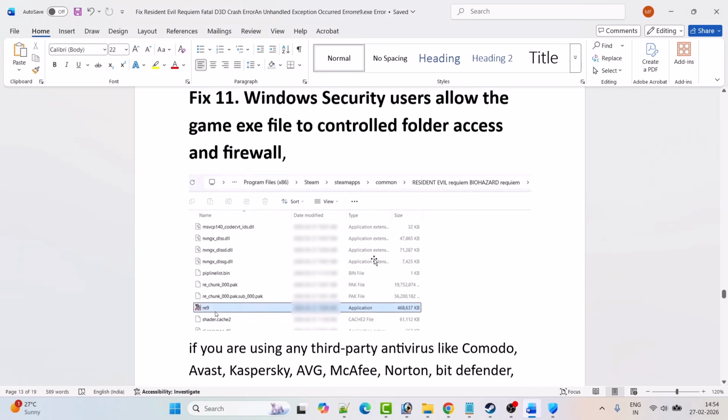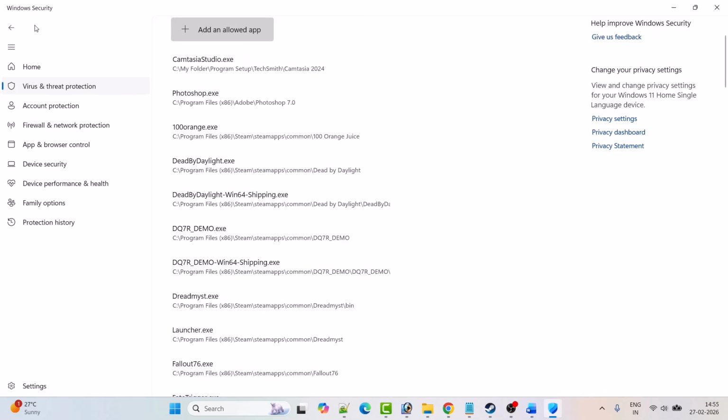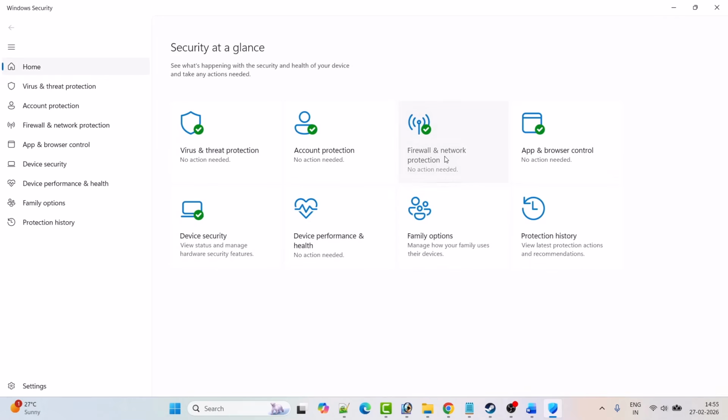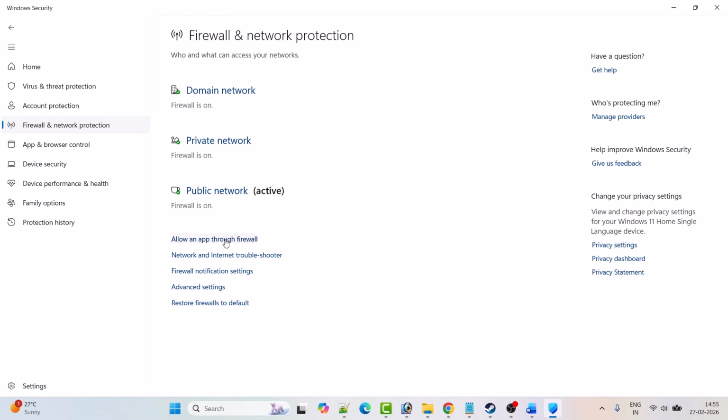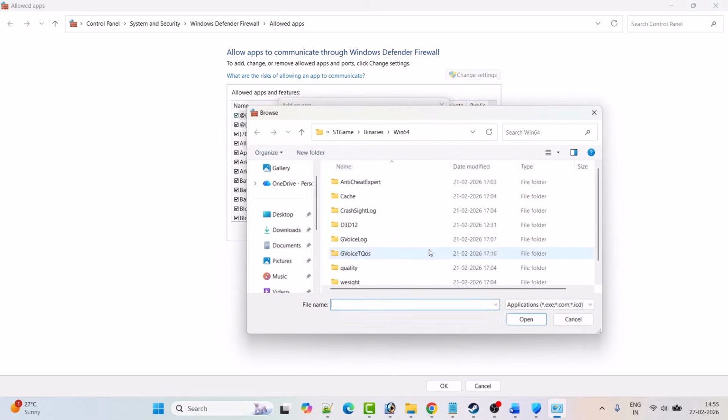So you have to browse program files x86, Steam, Steam apps common, Resident Evil Requiem Biohazard Requiem folder, and then select the re9.exe file and then click open to add it to the list. After adding it, go back, then click on firewall and network protection, then click on allow an app through firewall, then click on change settings and then click on allow another app, click on browse and then again go to